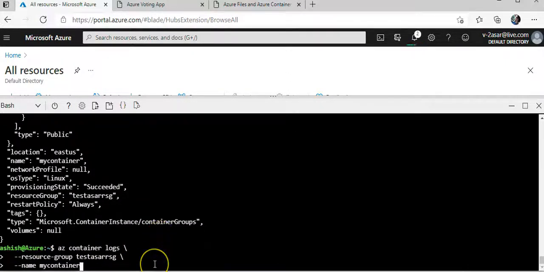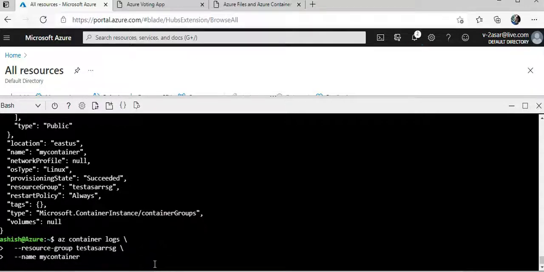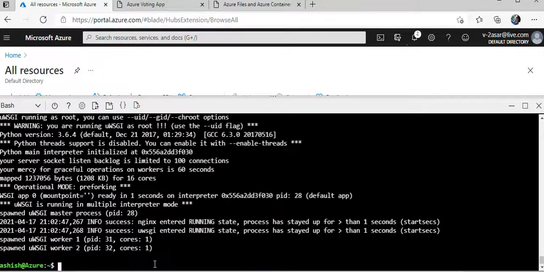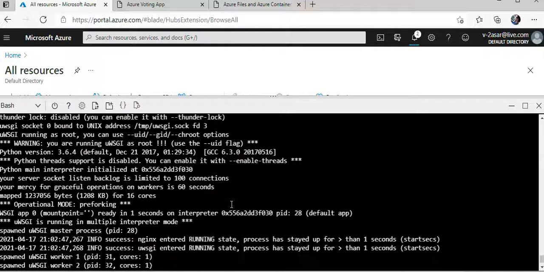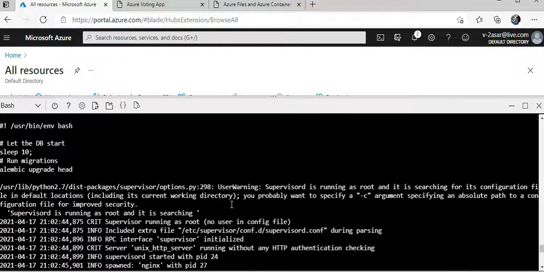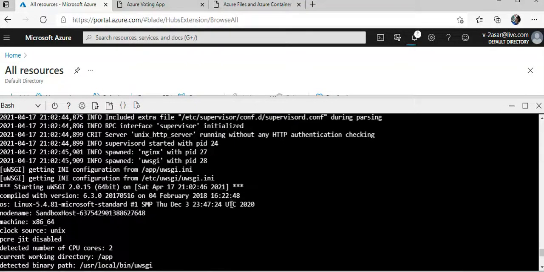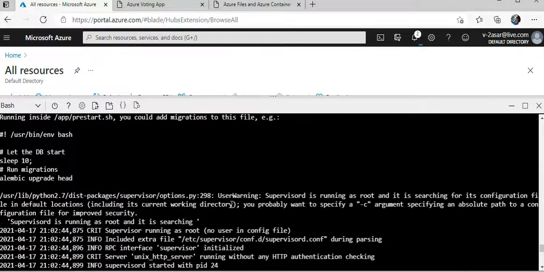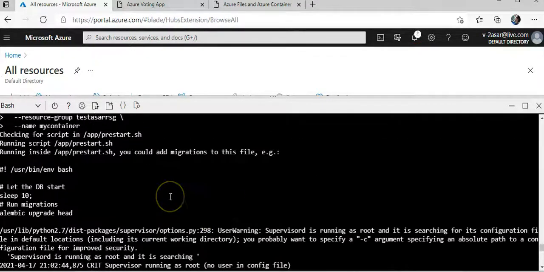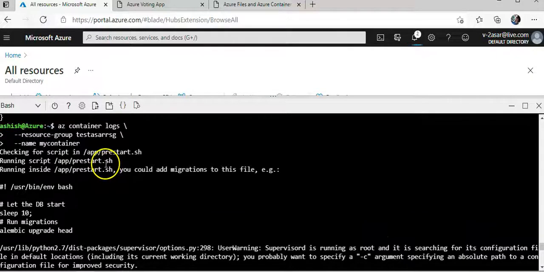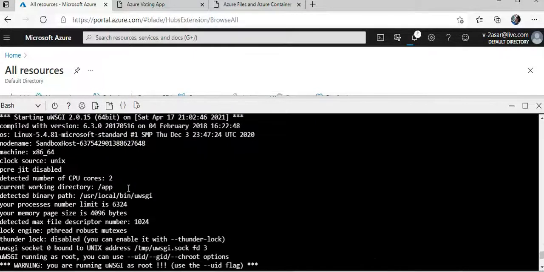Okay, so this is how I will see the logs. az container logs is the command name, and I am specifying the name of the resource group and the container. So these are the logs you will see. Checking for script in here, running this, and these are the logs